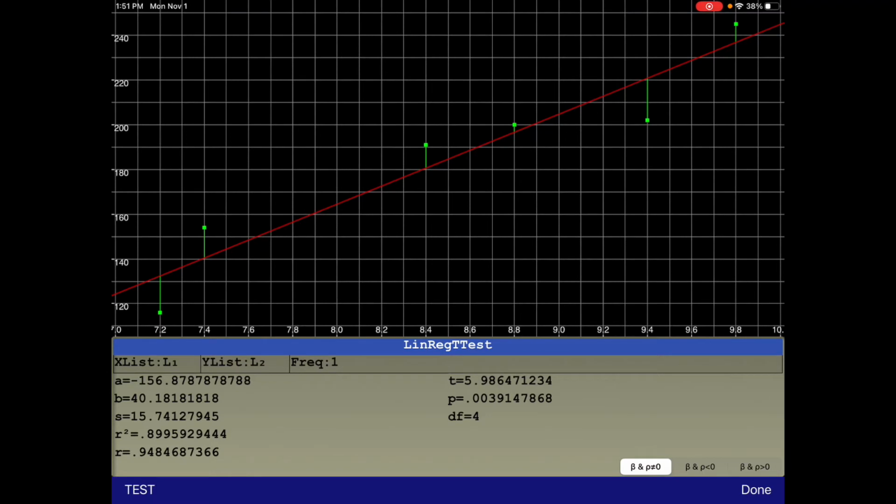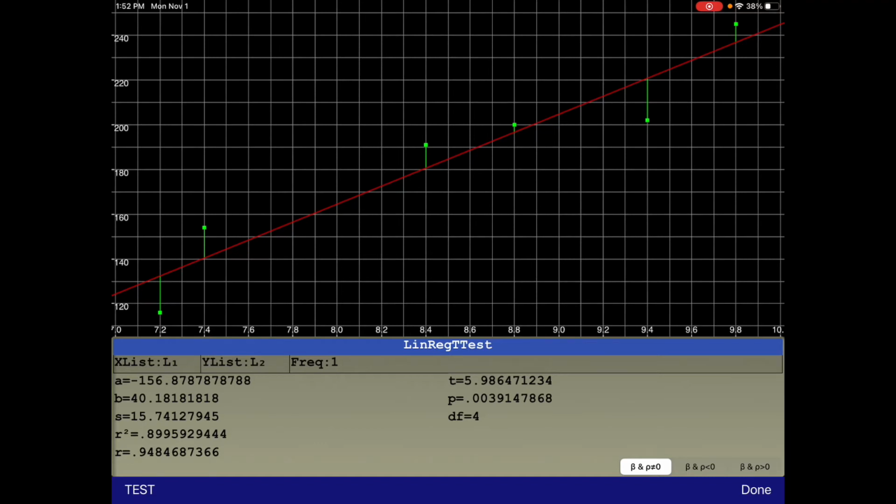from this, we need to get the information in order to come up with our regression equation. You can also see on the app that I'm using that those data points are plotted, and you can see that line of best fit going through those data points. But in order to come up with the regression equation, we need A and B. So remember, y hat is equal to A plus bx. And so A, if we round this to 3 decimal places, is going to be negative 156.879. And then B is going to round to